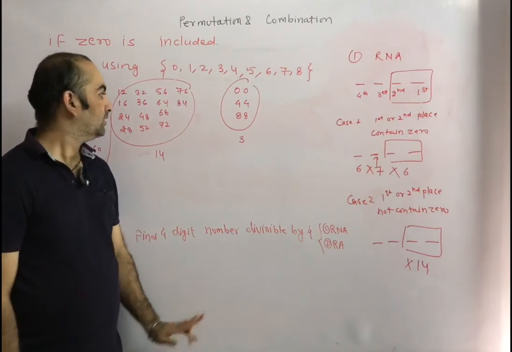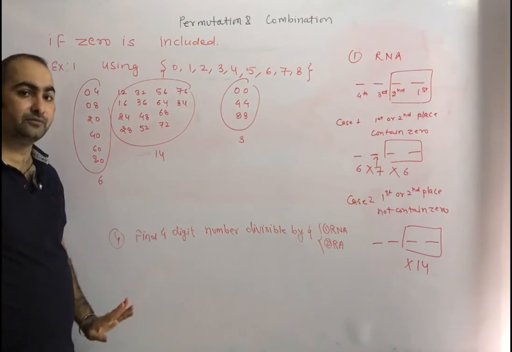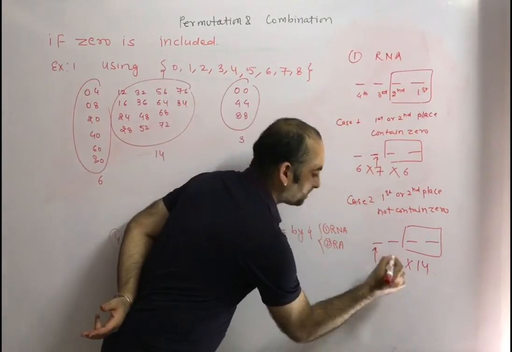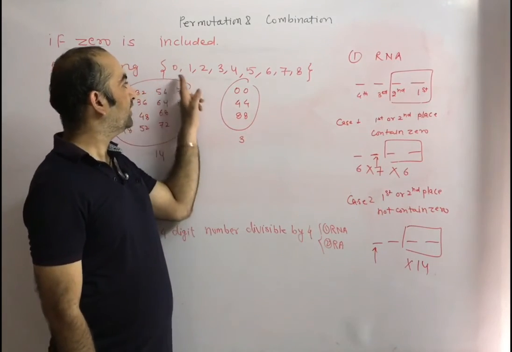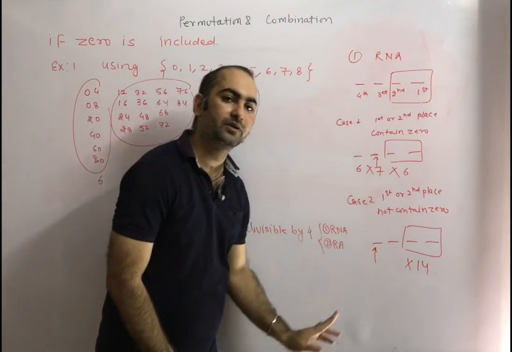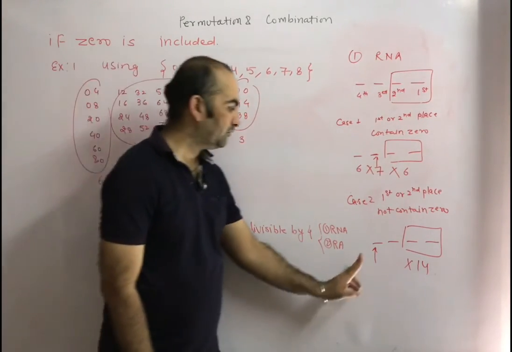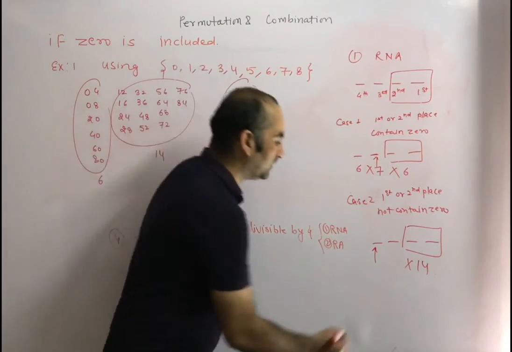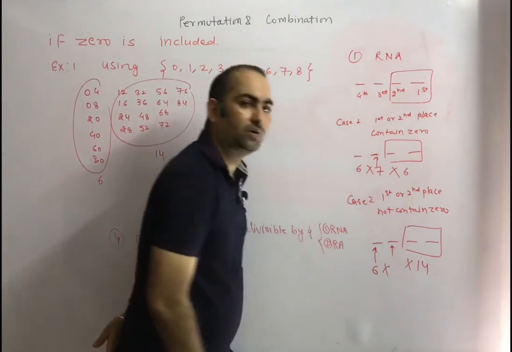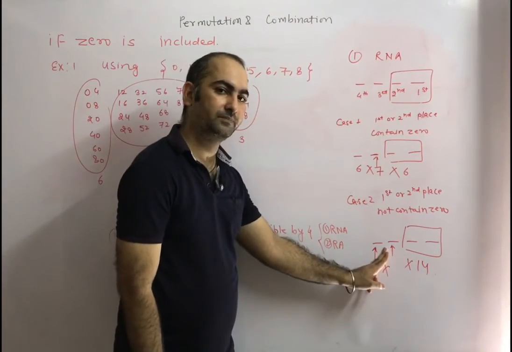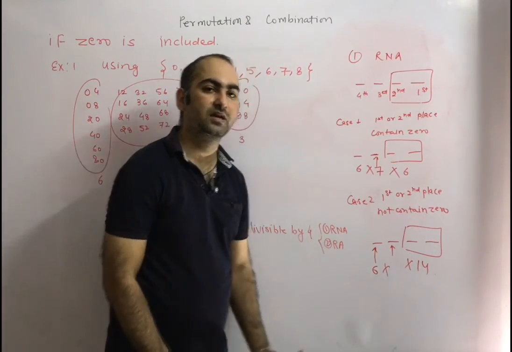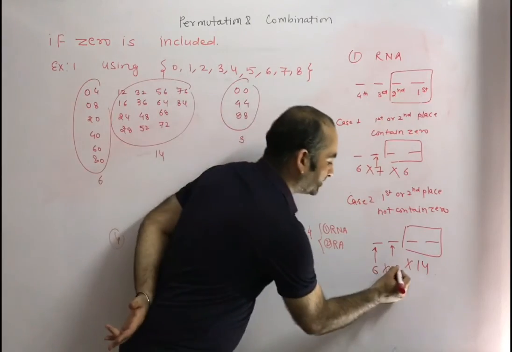Now there are non-zero numbers. That means we have to take care of 0. That means at this place 0 should not come, so we have to fill this place first. Now out of 8 numbers 2 numbers are gone, and at this place we can't put 0. How many numbers are gone? 3 numbers are gone. That means for filling the 4th place, how many choices do we have? 6 choices, because we can put 6 numbers only. Then multiplication, then we have to fill the 3rd place also. Now here we can put 0. Suppose 2 numbers are gone here and 1 number is gone here. Then how many numbers are remaining? 6 numbers. So we have 6 choices.